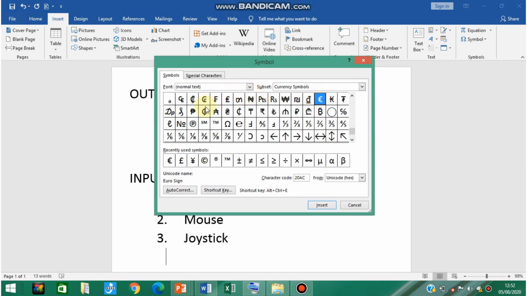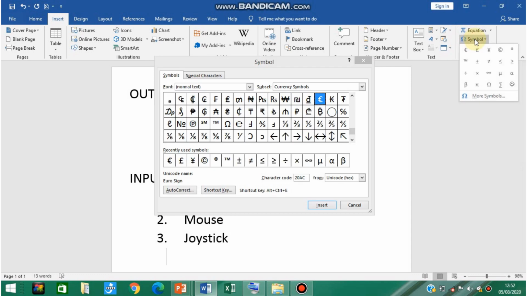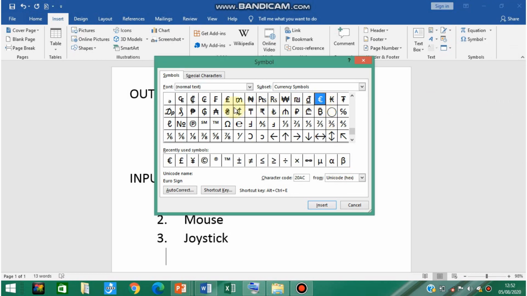After clicking on more symbols, this dialog box of symbols appears on the screen. Okay, you can either select from this list, and if you don't find it in this list you can select it from more symbols. Fine. So from here you can select any symbol that you want to enter inside the document, and you just have to select it and then click on insert. Fine. In this way you can use the symbols dialog box to enter symbols inside your document.